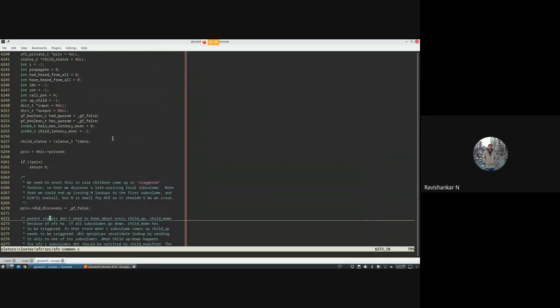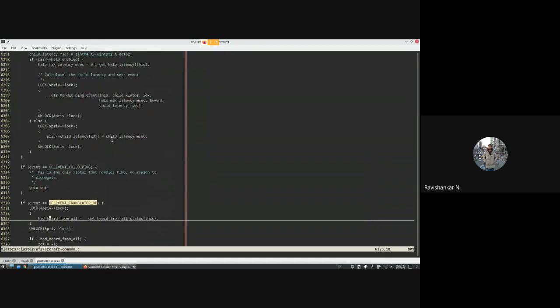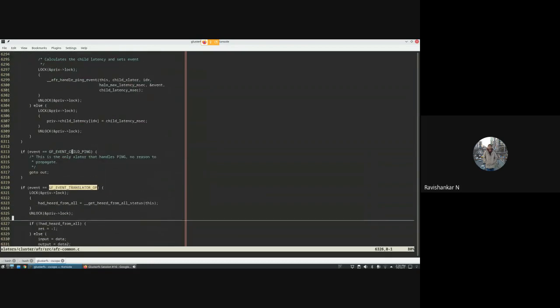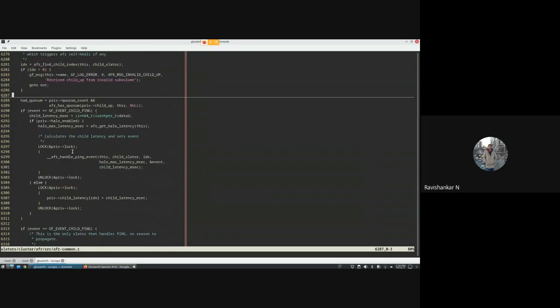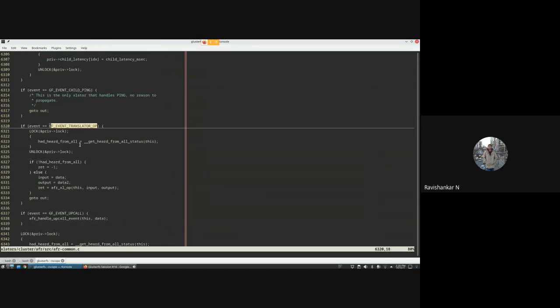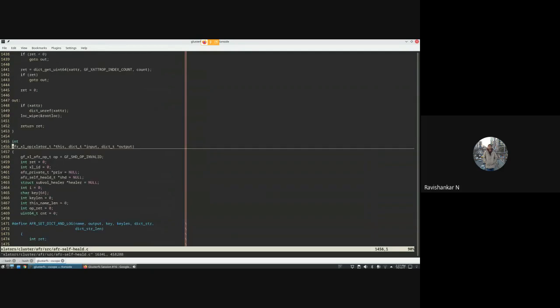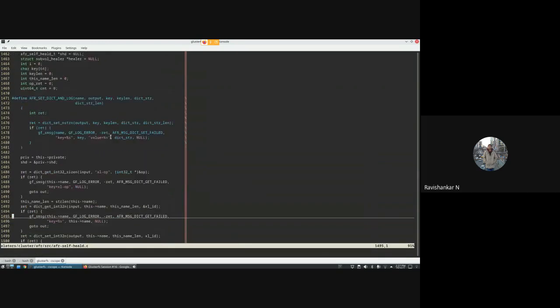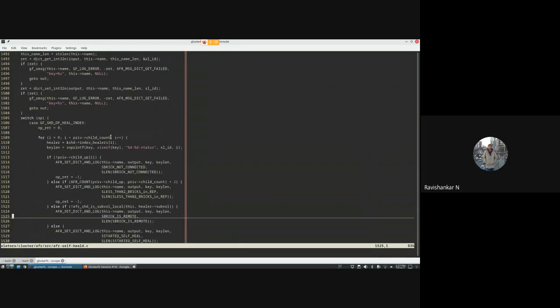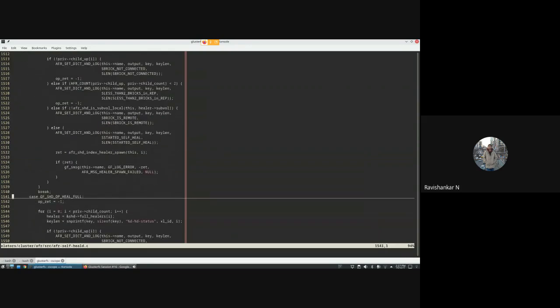This notify function handles various cases; it is basically a switch case. There are various cases like child connected event, disconnected event, child ping event. The one for launching the CLI is called the translator op. When this op is received, AFR notify will call AFR XL op. If you go to AFR XL op, you will again see a switch case statement. Depending on what the operation is, it can be an index heal, a full heal, etc. Right now we are talking about index heal.